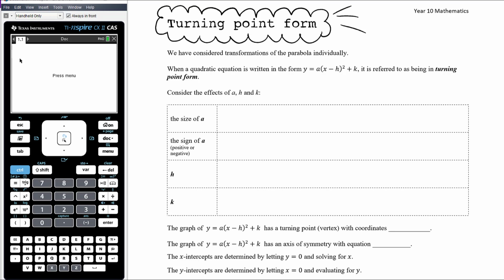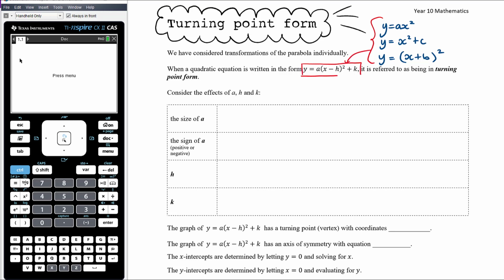So we looked at y equals ax squared in the part 1 video, and then in the part 2 video you looked at x squared plus c, and you also looked at x plus b all squared. Okay, so what we want to do today is combine those three transformations together to think about